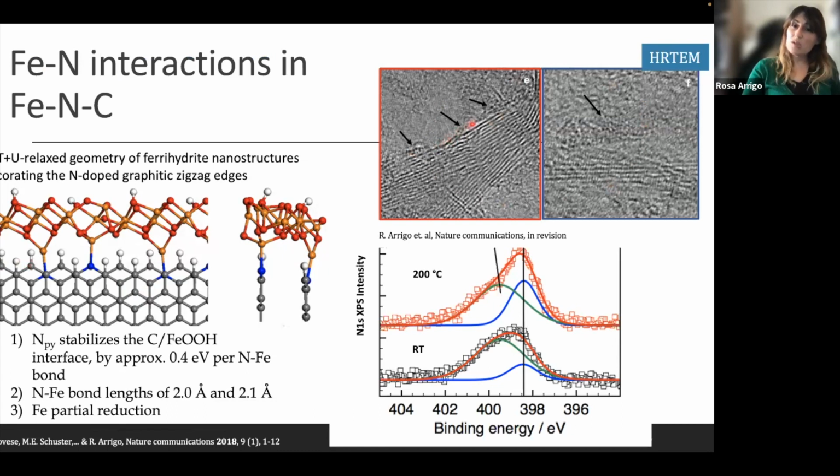You see these iron atoms deposited on the graphite support. The DFT analysis showed that it is possible to think about a stronger interaction between the nitrogen and the iron